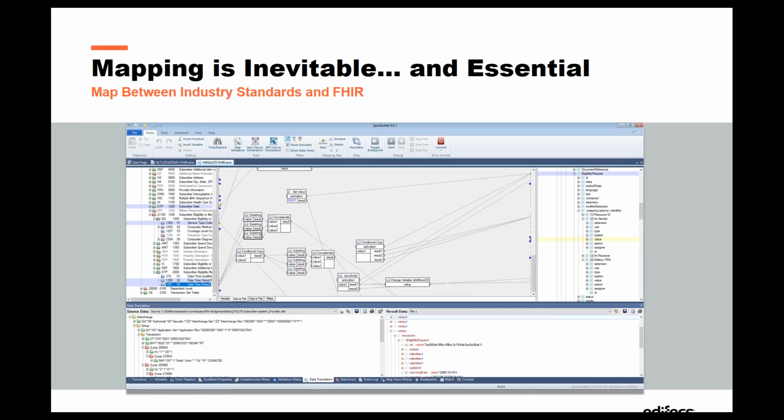The key point is the maps will have to exist, and we encourage you to begin thinking about the mapping specifications, how you will map the data, ahead of time. Because if you leave this up to the very end, it may be too late to really implement this, because the amount of work for building the maps may be significant.